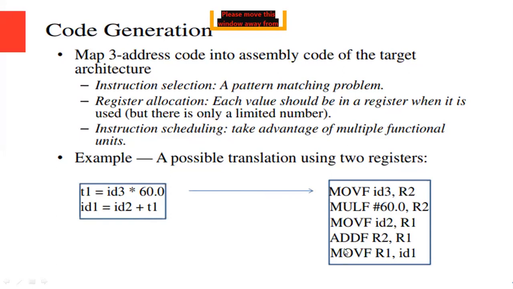So we do the addition of those values and it is moved to R1. Okay, and we are moving R1, the total value of that particular syntax, to ID1. So this is the code generation for the given input. The output of code optimization is taken as input to the code generation, and the input is converted into assembly level language, using move functions, multiplication, addition. Those are the assembly level language. So these are the 6 phases of a compiler.